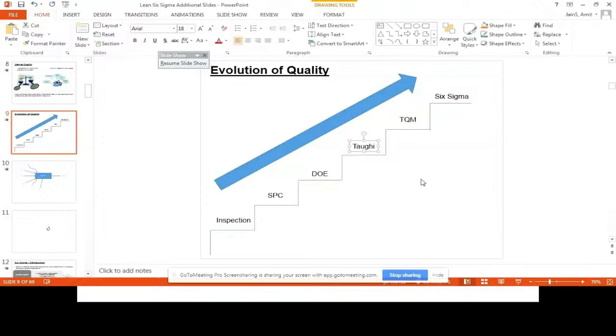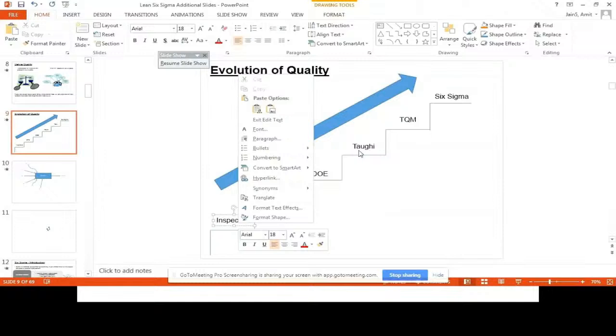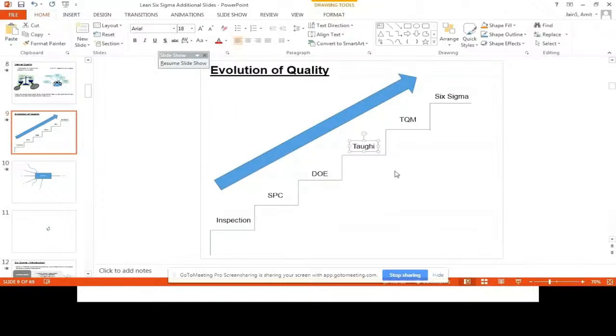He came up with special types of design. One of the designs is called robust design. And these are, as I say, very special designs. They hold on to their performance even if there is any change in the environment. So then inspection reached the Taguchi